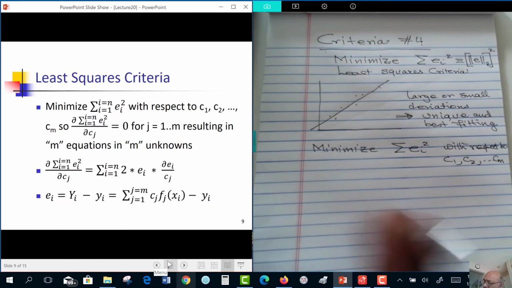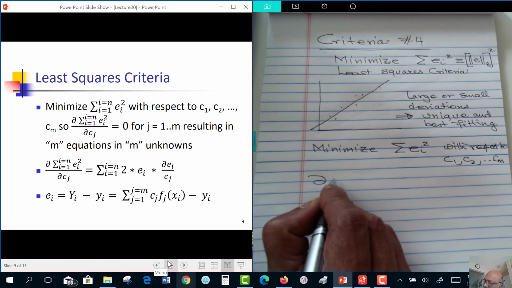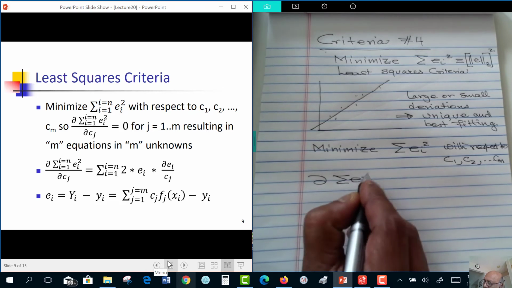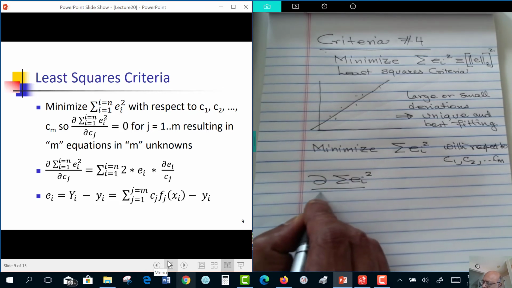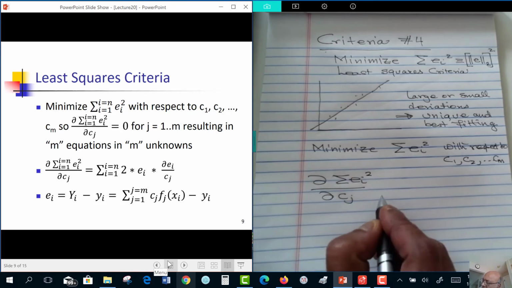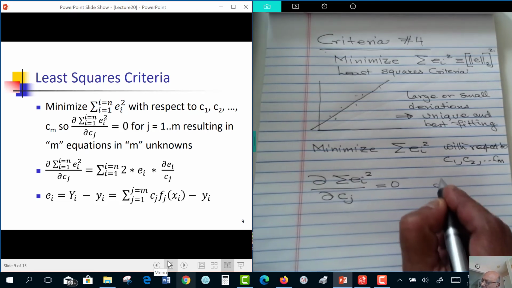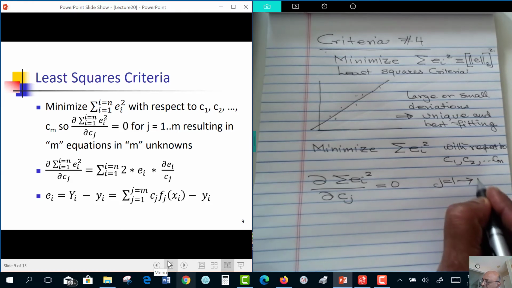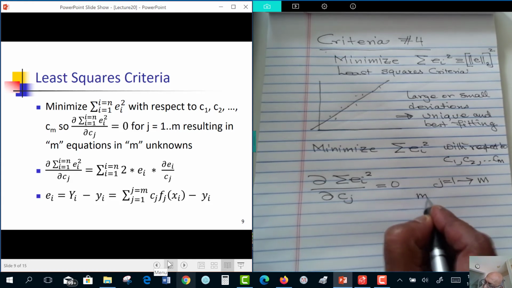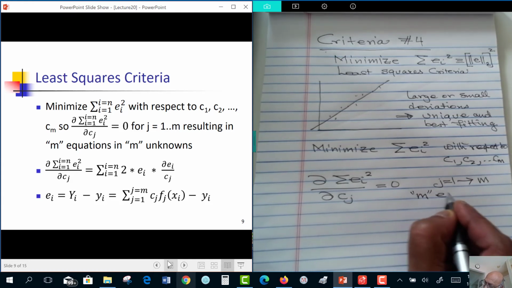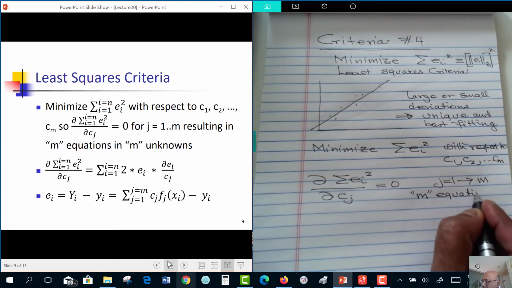We take the derivative. So we are going to take derivative of this ei square with respect to cj and set it equal to 0. And we'll do this for each unknown. So when we do so, we will end up with m equations, and of course we have m unknowns,